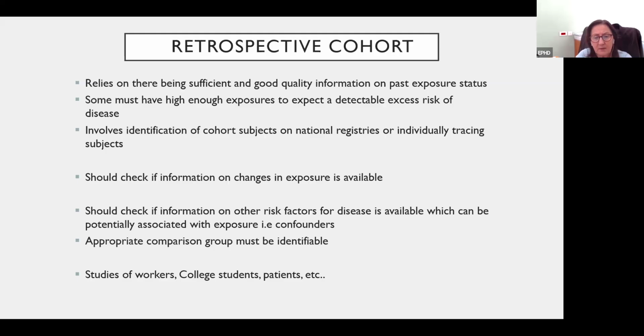And then try to trace these people, what happened to them. So this is for a cohort of students, a cohort of students who joined in 2016. That's your cohort. The cohort of students should have data in their medical record, right? When they joined AUB, they do a medical exam, right? So if your exposure is